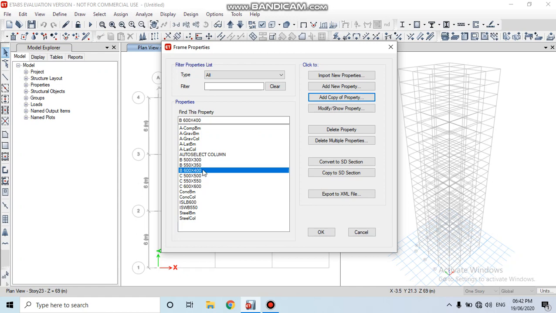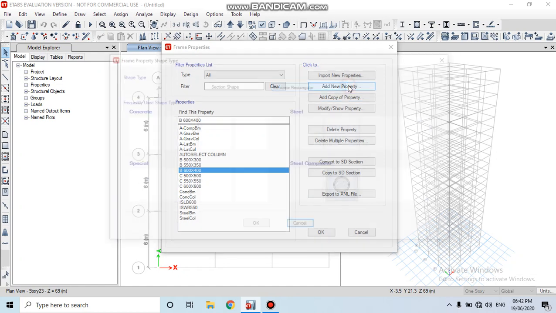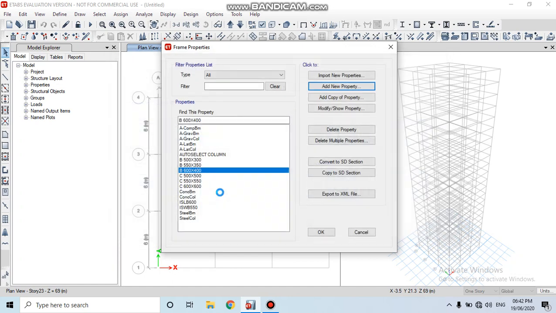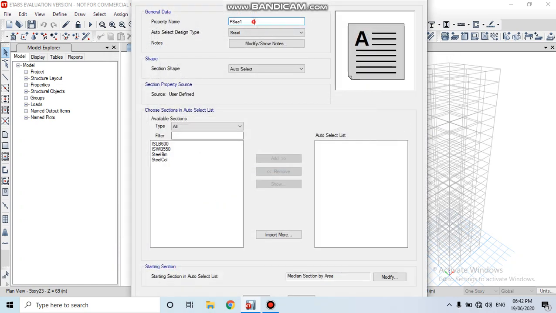Then click on add new property and click on the auto select list. Enter the property name as beam auto select. And auto select design type as concrete.